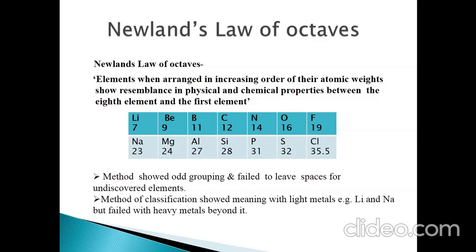properties. During that time, there were no noble gases. Later, noble gases came into existence, and therefore his theory failed. So this method showed odd grouping and failed to leave spaces for undiscovered elements. So he did not leave any space for undiscovered elements. The method of classification worked with light metals, like he has taken lithium and sodium, but he failed to explain it with the help of heavy metals or beyond